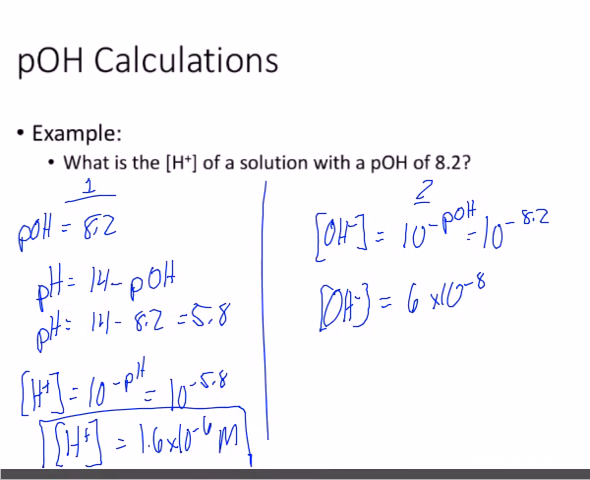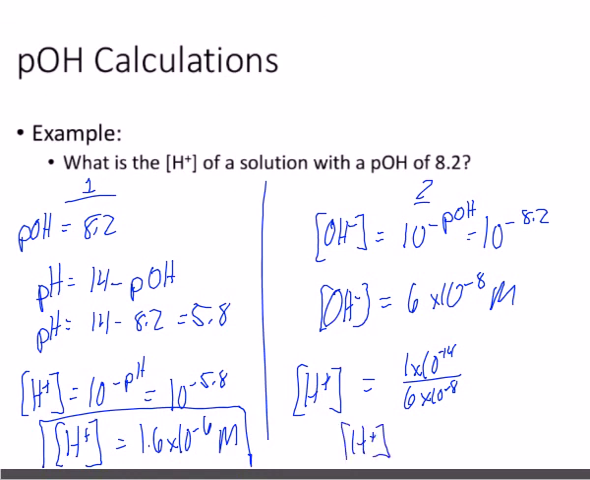Now I can use Kw. So I can use H plus equals 1 times 10 to the minus 14 divided by 6 times 10 to the minus 8. If you do that out, it's going to be the same thing that we got before. So either way that you feel most comfortable with, you've got to find the pathway that you want. Guys, your homework